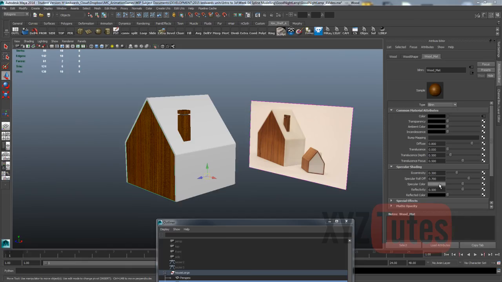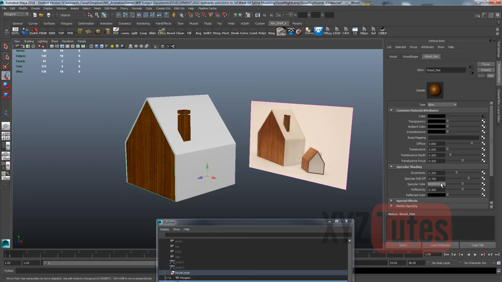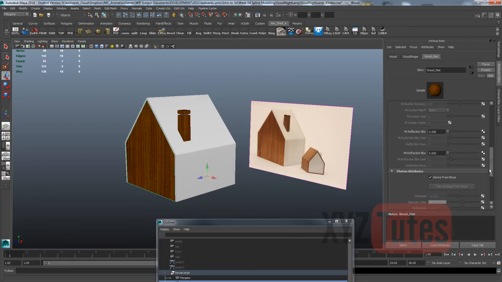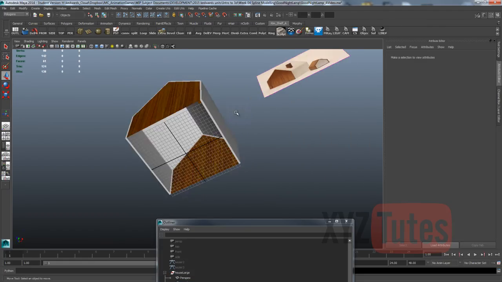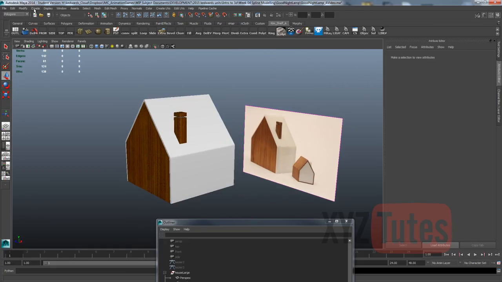So specular color we were setting to 0.1, and reflectivity to 0.05, super shiny, and then we were putting some blur over in the mental tab on that reflectivity. Great, and we've deleted our inside faces now,